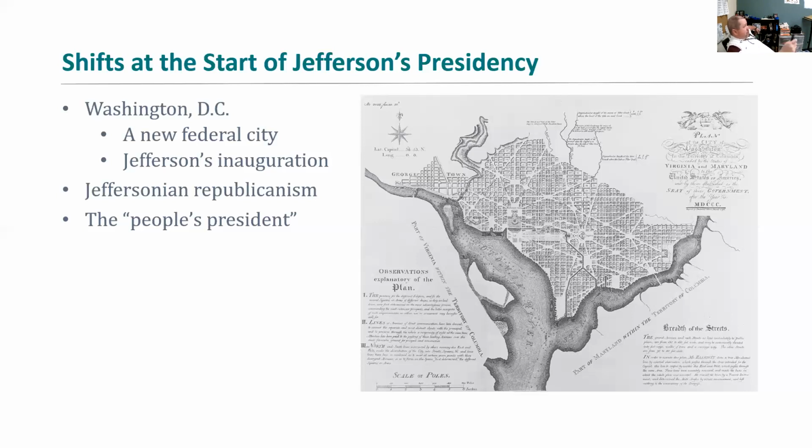But there is a peaceful transition of power at the start of Jefferson's term, and that's really important because it does set a really good precedent for the new nation, right? We have the Federalists losing authority, losing control, and they willingly step aside and allow the new party to take over.